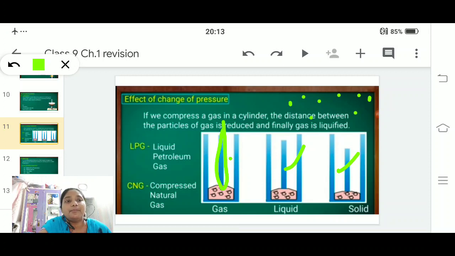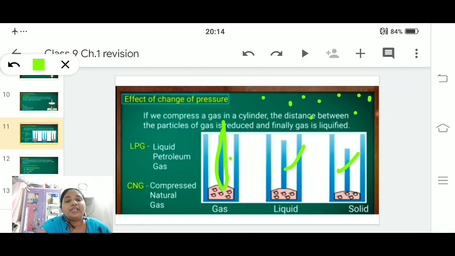If I compress it, the molecules will come closer and closer, that means space will be reduced. Second, in a liquid also there is some space, so when you press it down, the level will move a little downward. And in a solid the molecules are closely packed.